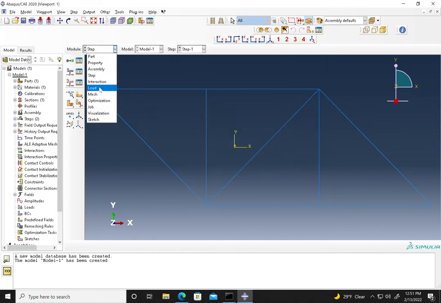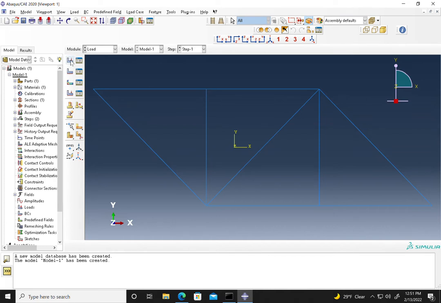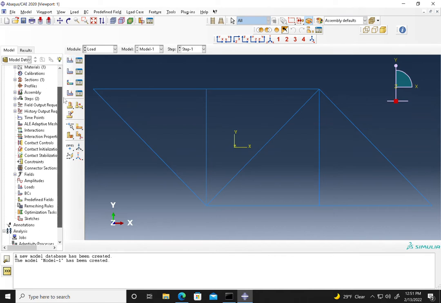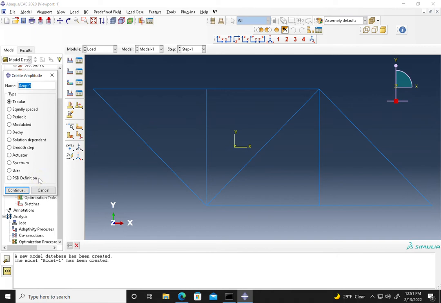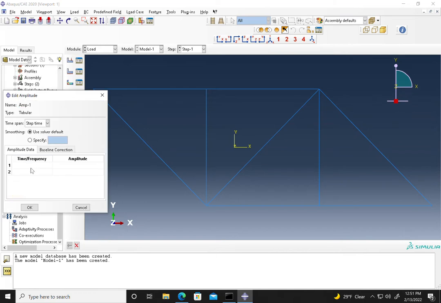Now we can go to the load, and we're going to apply the load. Before we apply the load, we need to define an amplitude. So we go here to the tree on the left, right click on it, create. I'm not going to change the name, I'm going to keep it as amplitude 1, and the type is tabular. Continue,